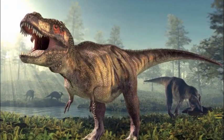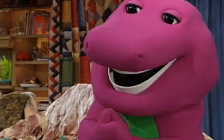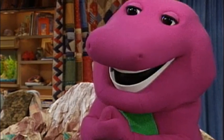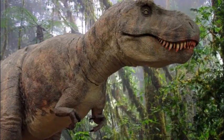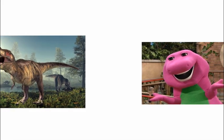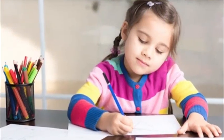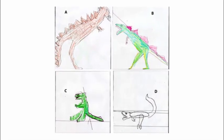The Tyrannosaurus Rex would be Barney's counterpart. Despite the evident differences between the two, like, for example, the bright purple color of Barney's skin and the T-Rex's more earth-colored tone, they do share some similarities, like the tiny arms and long tails. But if you ask a little kid to draw a realistic dinosaur, they would probably draw something more like Barney